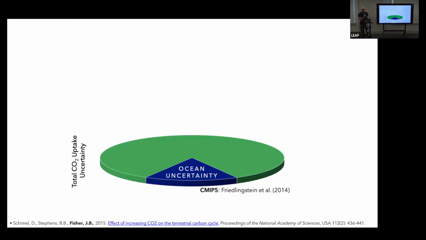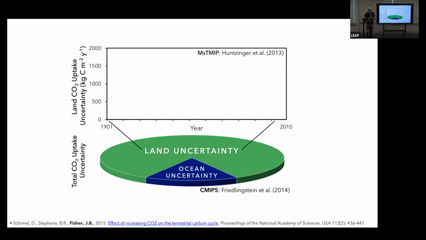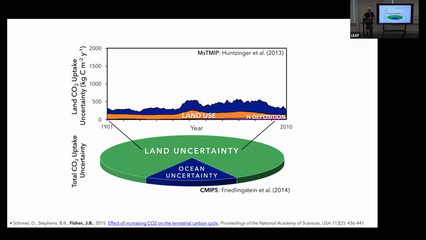All right, so if we look at our total CO2 uptake uncertainty, most of that's in the land. The ocean models are pretty well in agreement in terms of how CO2 diffuses into the ocean. There's definitely some uncertainty in terms of the biological pump, but most of that uncertainty is on land. So what is it? Is it the nutrients? Well, most of the models actually agree that if you don't have a lot of nutrients, then you don't have a lot of carbon uptake. Well, what about land use? The models also agree that if you chop down forests, you don't have a lot of carbon uptake. What about climate? A little bit more disagreement, right? If you change temperature and rainfall patterns, you have some disagreement.